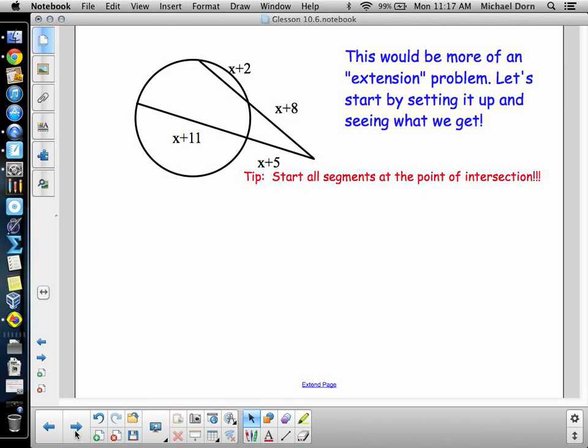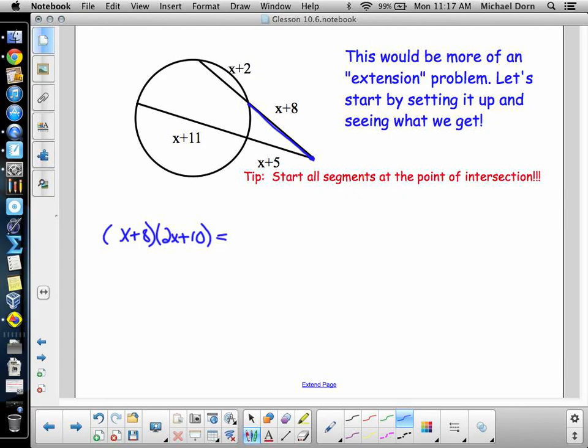This looks a lot worse than it actually is going to be, but it's going to be interesting. It's more of an extension style, but again, we get the principle. Start here. First segment is clearly just x plus 8. How long is my next segment going to be all the way out there? 2x plus 10 equals what? x plus 5, and